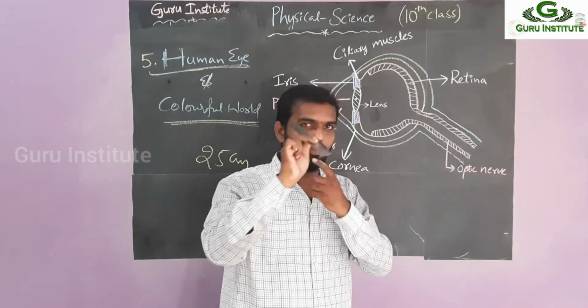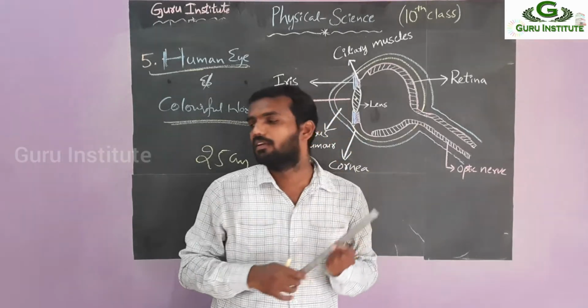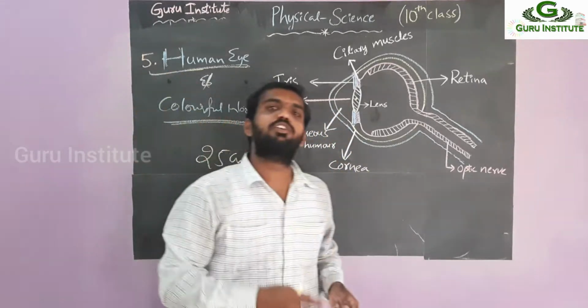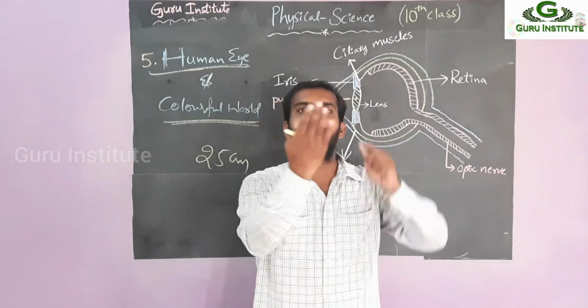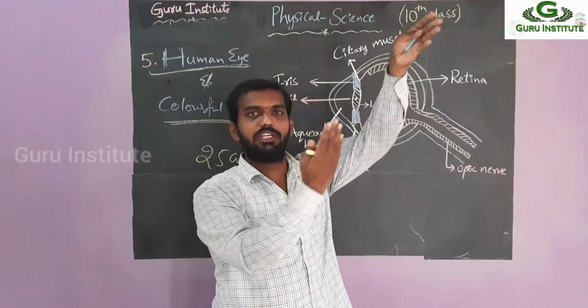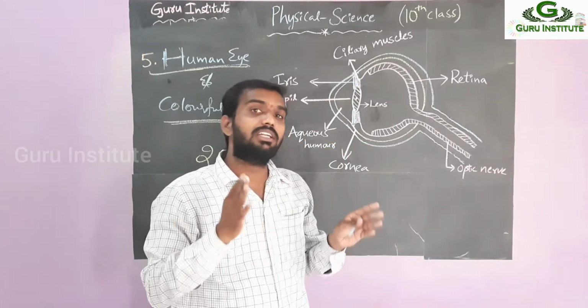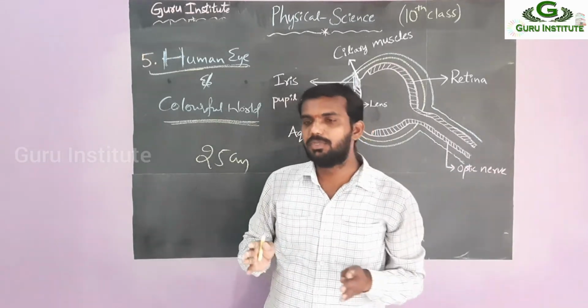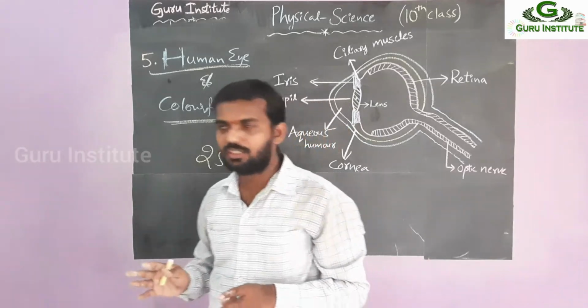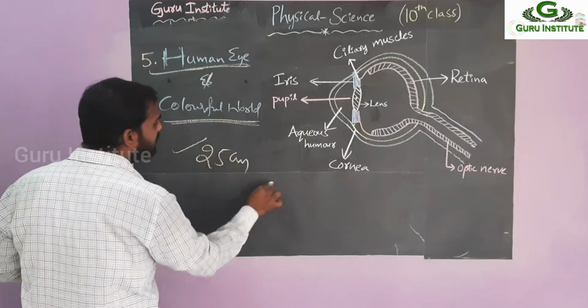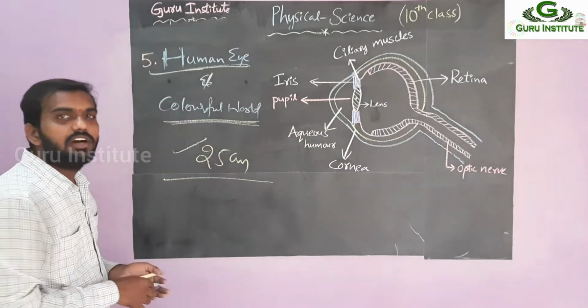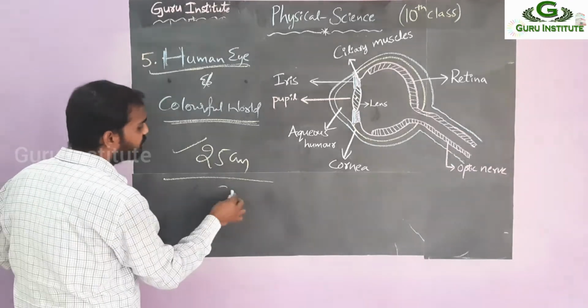You have to measure from your eye to the object or your hand. After the 25 centimeters, you will see a clear image, but you can see the upside of the object and the downside of the object. Before that, you can see the object, but that is a blurred image. Okay, that means that is not a clear image. Clear? So this 25 centimeter distance is called the minimum distance of distinct vision.